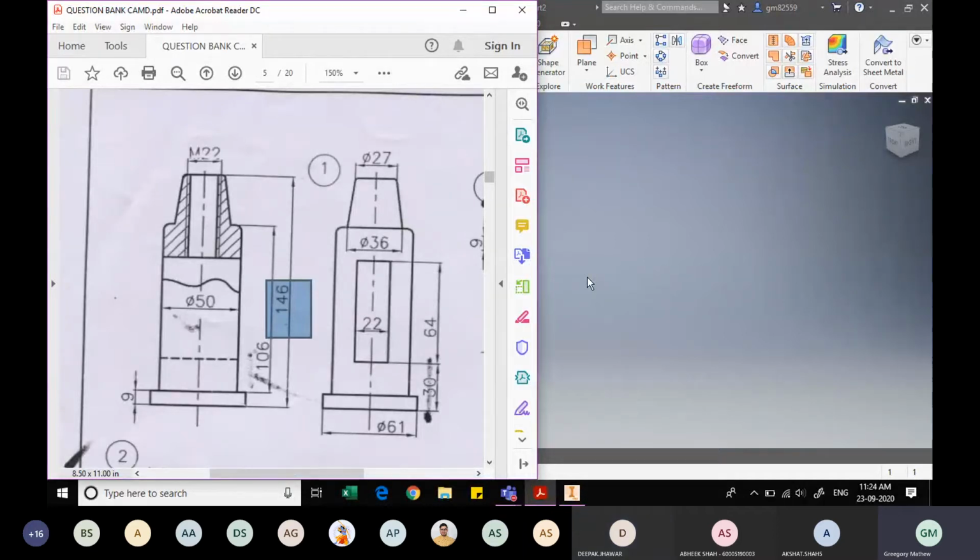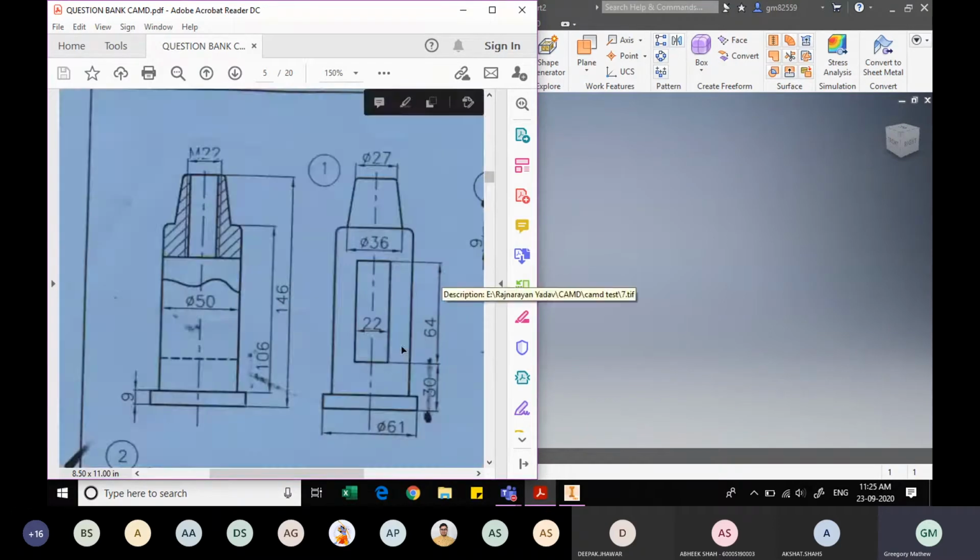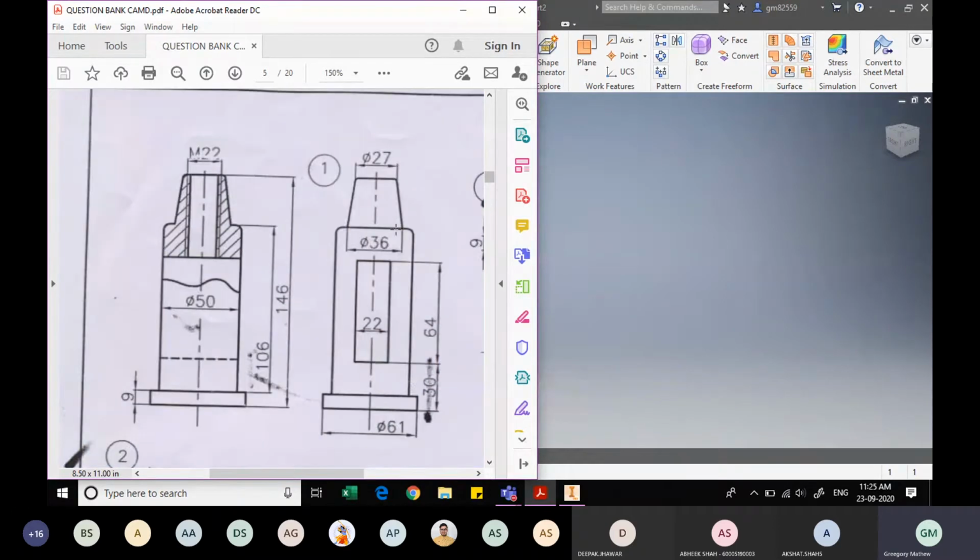We will have to select the plane which is passing through the middle, and then on that plane we will have to sketch this rectangle, and then we will use the extrude cut command to remove the material from both sides. So just to conclude, if you look at this rectangular slot, the width in side view is 22, and the height is 64, and the bottom face of this rectangular slot from the total base of this complete part is 30 as mentioned over here, and in front view the total width of the slot is 50. That is, we simply need to create a rectangle of 22 by 64 and extrude it throughout.